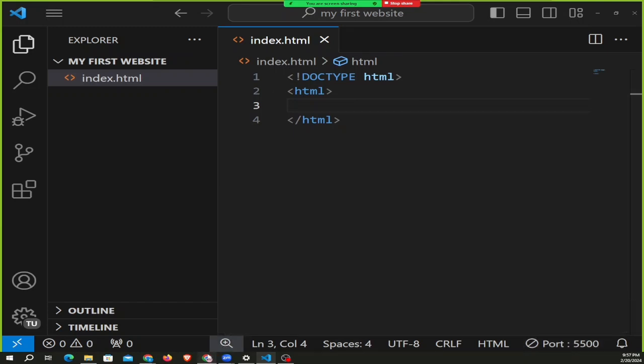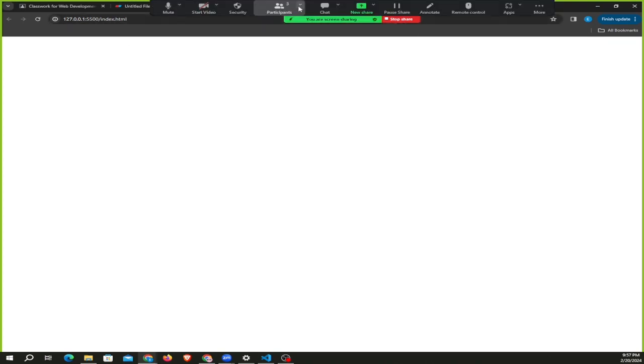If I come to my browser now, you can see my web page is empty because I haven't added content to my web page. So the first thing we are going to fix right now is